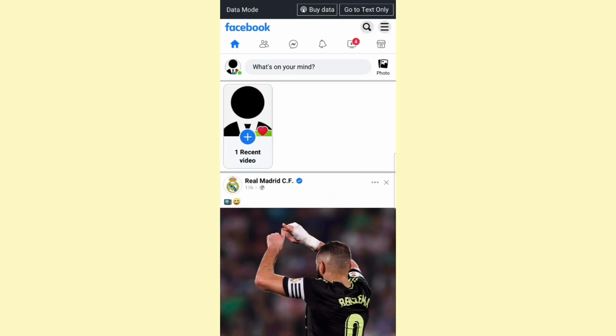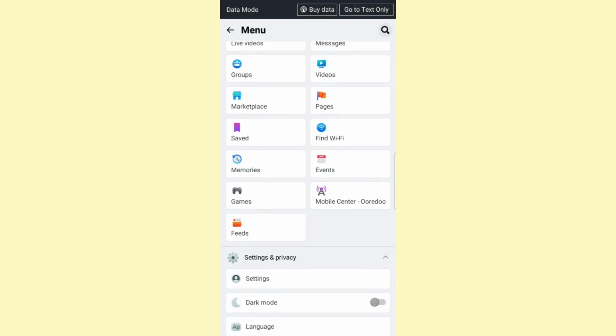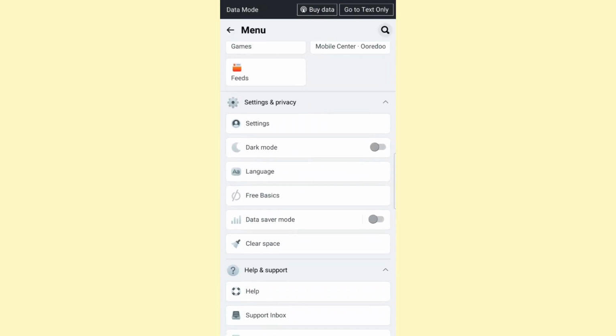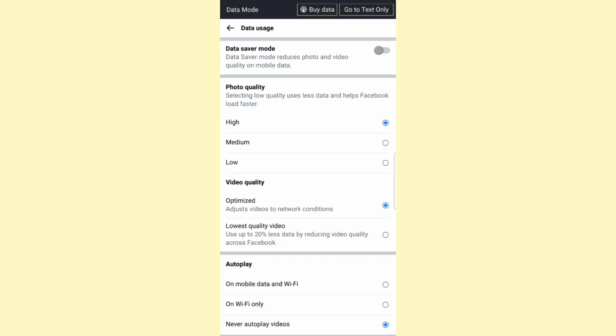Open up the Facebook Lite, click on the three lines at the top right, scroll down to the settings and privacy section, and from there click on data saver mode. And here you will find the section that says video quality, and it's set to optimized. So what you need to do is select the second option that says lowest quality